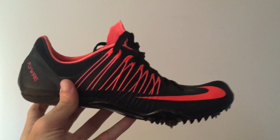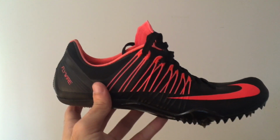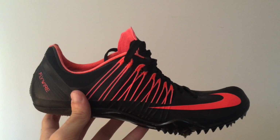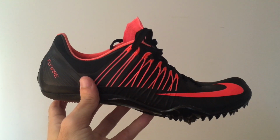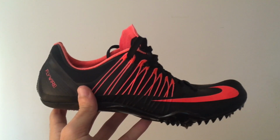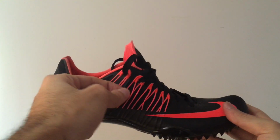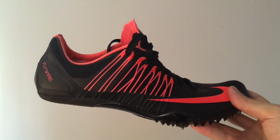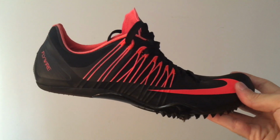I haven't run a 100 in forever. The Jaw Flies were the last spike I ran a legit 100 meters in, and I use these mainly for the 400. I've used it for a 600 once, and it wasn't bad. It's just, don't heel strike, please. So yeah, this spike is great. The lockdown is amazing. The Flywire does its job, of course. But yeah, if you're looking for a spike to destroy the curves, because this thing's like a curve machine,